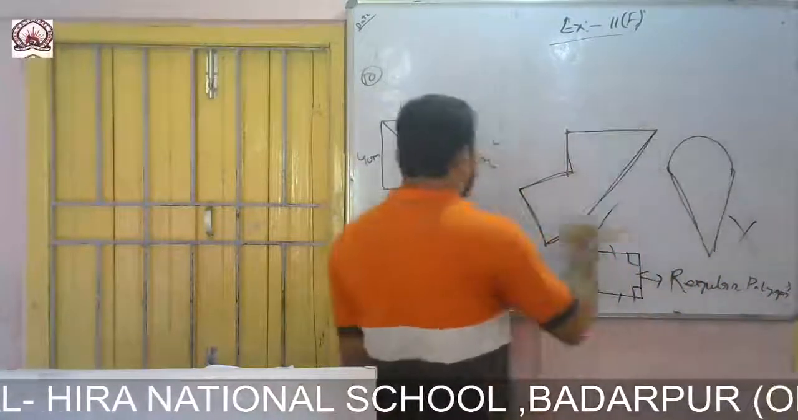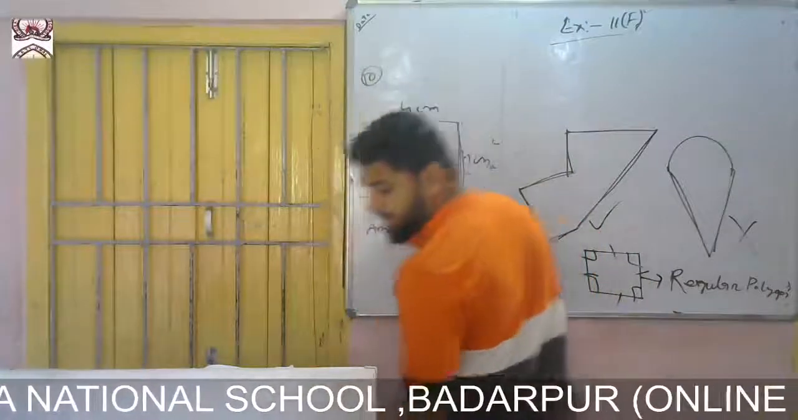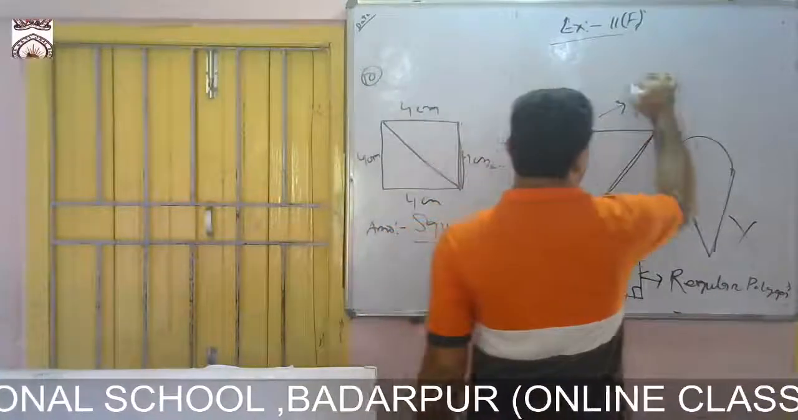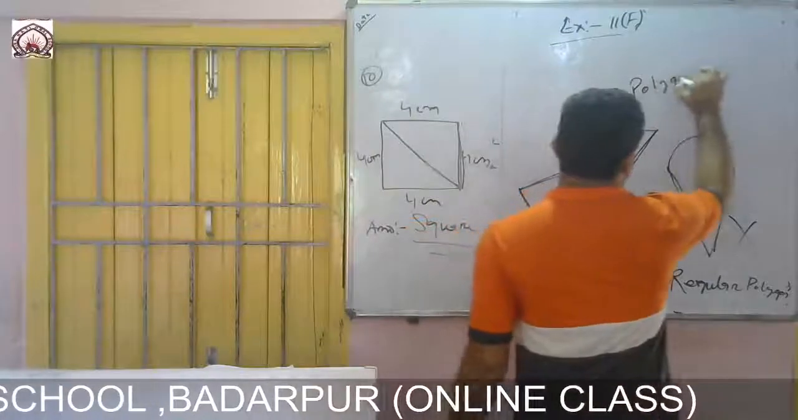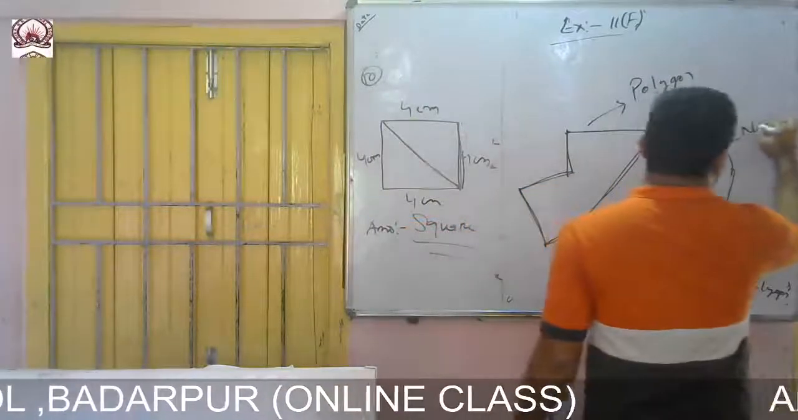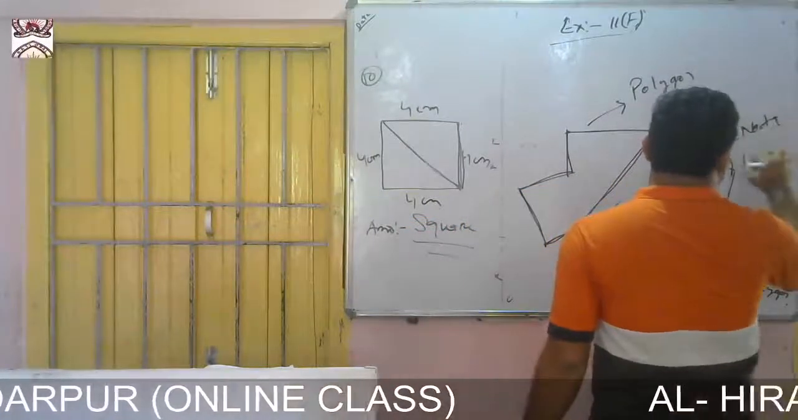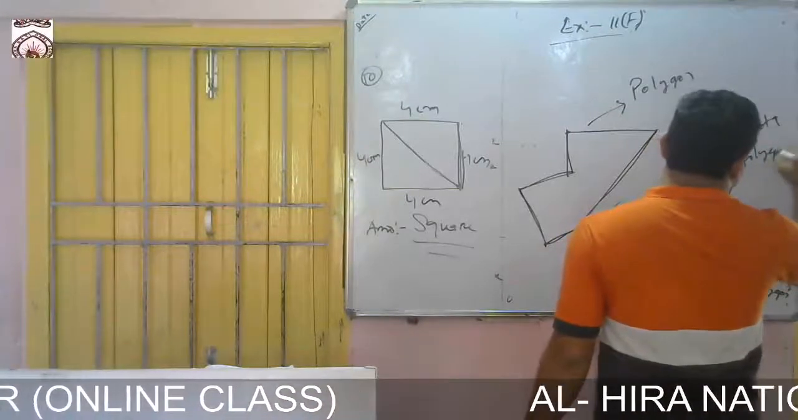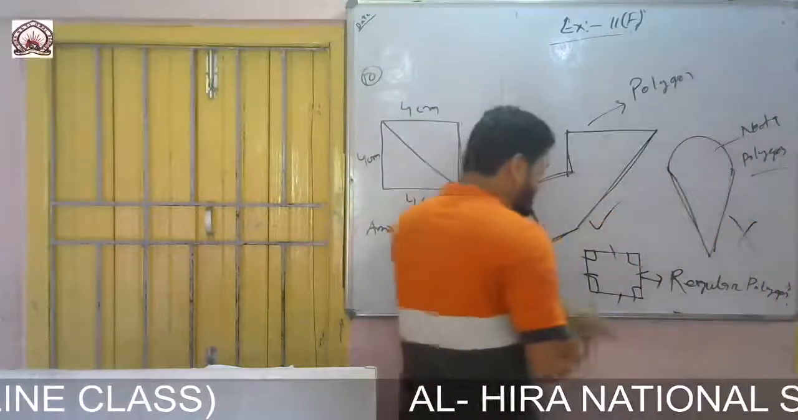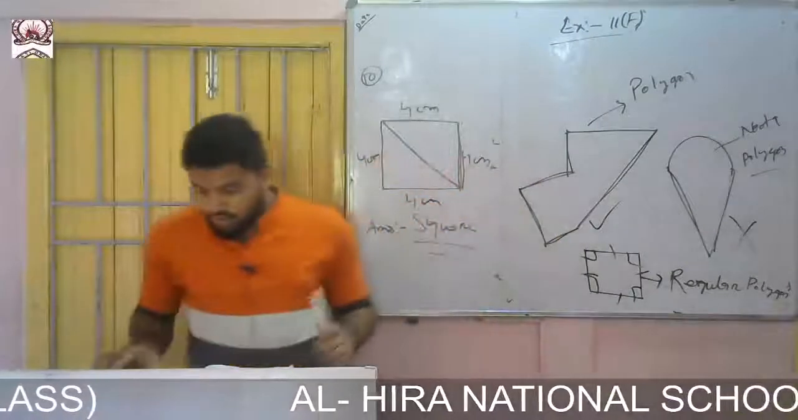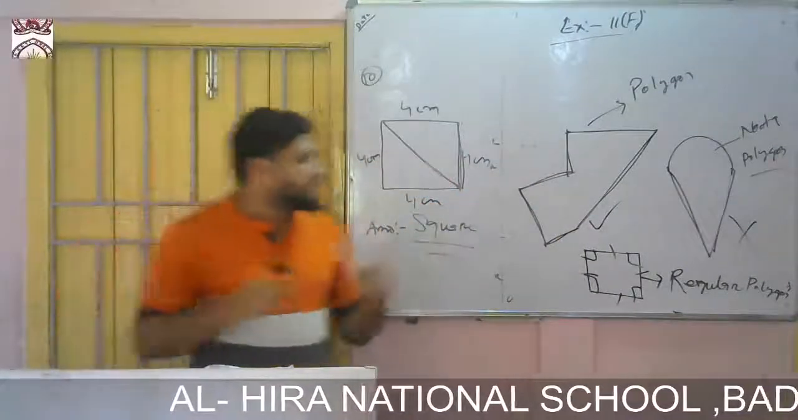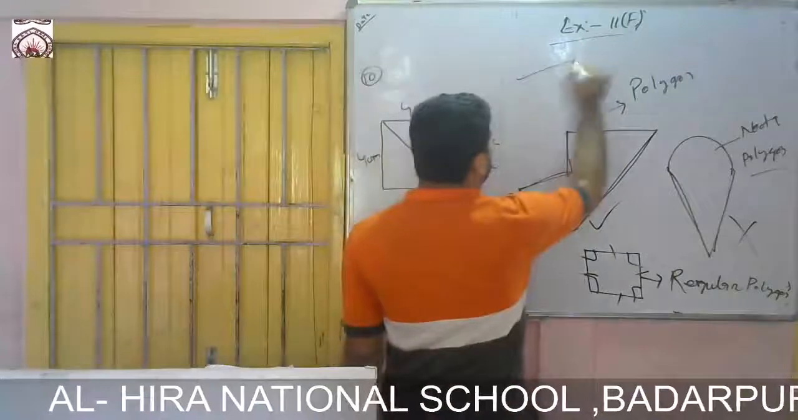Regular polygon. And this one, what? This one is only a polygon. This one is what? Polygon. And this one is not a polygon. Not a polygon. Okay, this one is what? Not a polygon. So you see, suppose if I draw